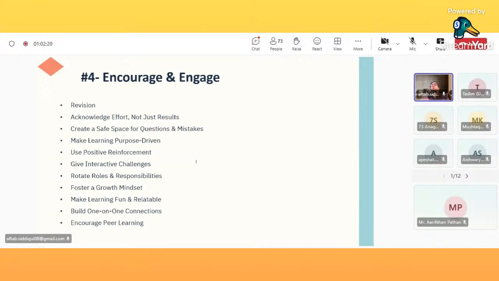What can I do, what strategies or techniques can I develop that will make this concept easier? And if any student, despite you using a lot of techniques and strategies to engage the students, is still not learning properly, don't discourage them. You can try to understand what exactly is going on with them. So always foster a growth mindset in your class.